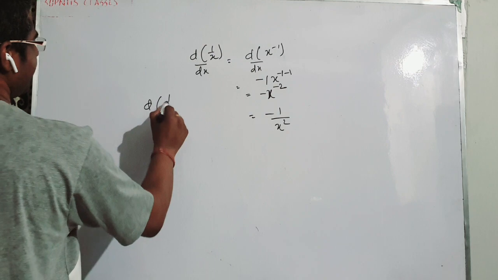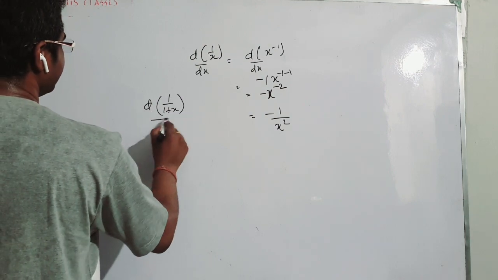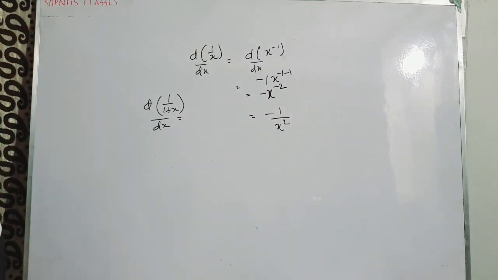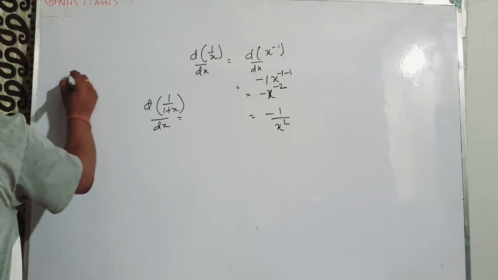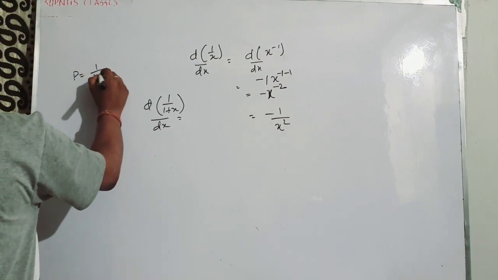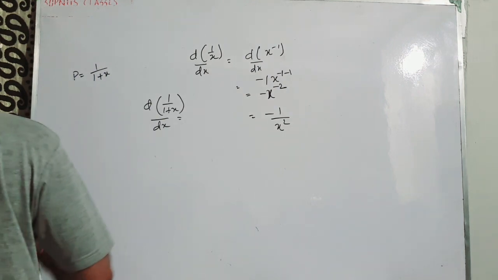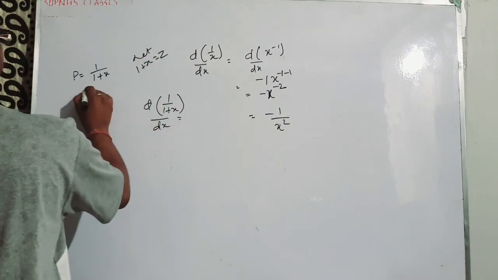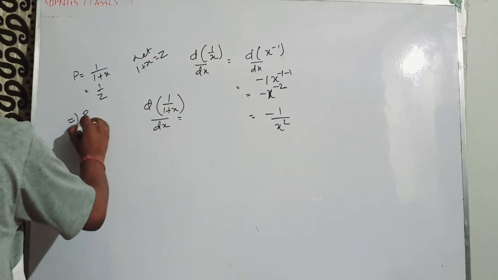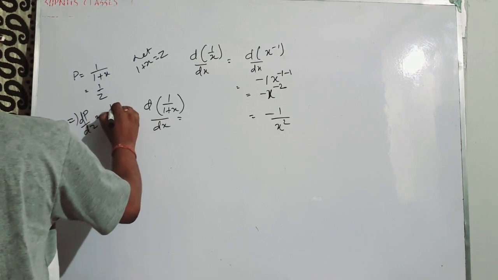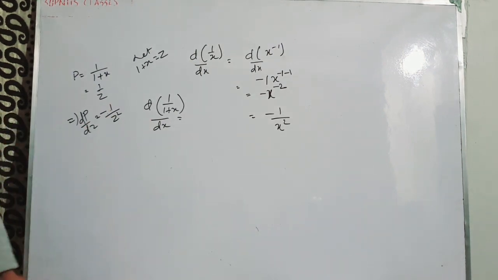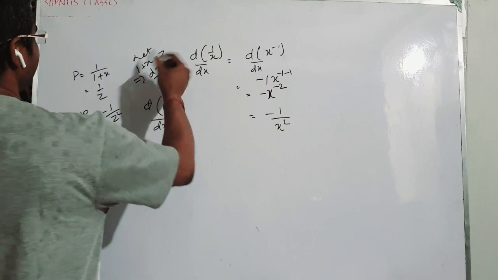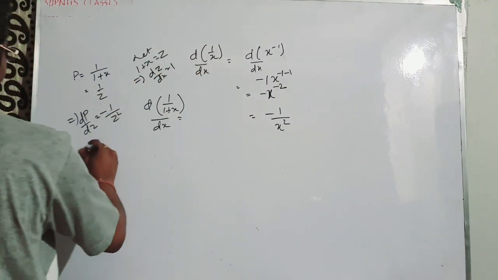So if you do d(1 by 1 plus x)/dx, ठीक है? So in that case, how will you handle this one? 1 plus x, guys. So you can do it by substitution. That is, take p is equal to 1 plus x. ठीक है? ये वाला है. So let 1 plus x is equal to z. So you can write p is 1 by z, and dp/dz you can find out, minus 1 by z square. ठीक है? And after that, you can find out dz/dx is equal to 1. x का 1 आएगा, 1 का 0.